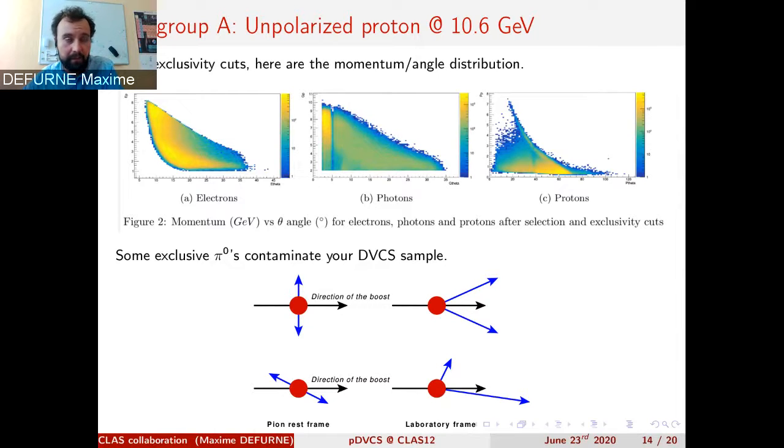The energy, the momentum of the pi0 is very close to the DVCS energy. And then the pi0 will decay into two photons. Depending on the symmetry of the decay, the momentum of the pi0 will be shared between the two photons. And if you have a very asymmetric decay with respect to the pi0 momentum, one photon will inherit almost all the pi0 momentum and so be misidentified as a DVCS event because it will have a very, very high